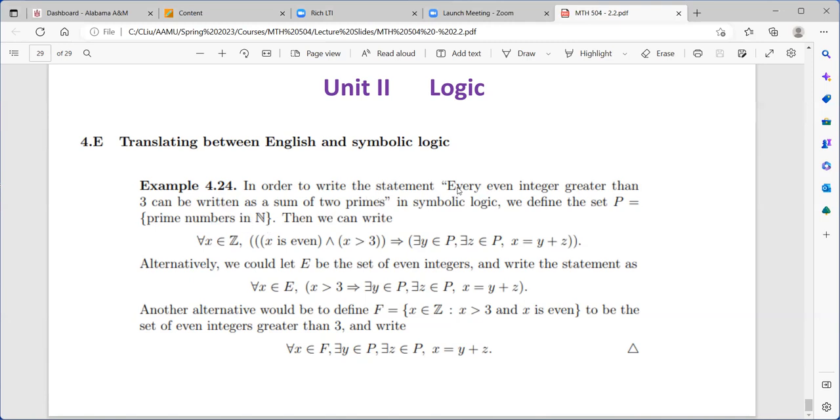Okay, so we have several things. We have even integer, so it has to be an integer and it has to be greater than 3. And then a sum of two primes. So we need the expression to write this relation. And every even integer, so that implies us to use the universal quantifier. So for any x in Z, every